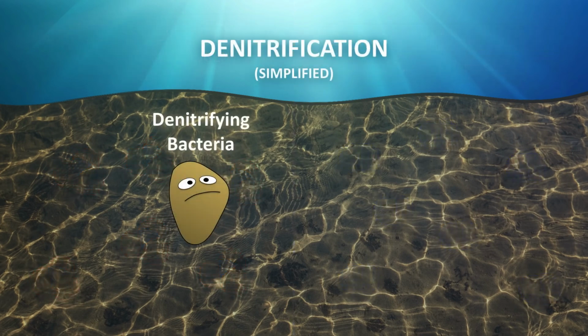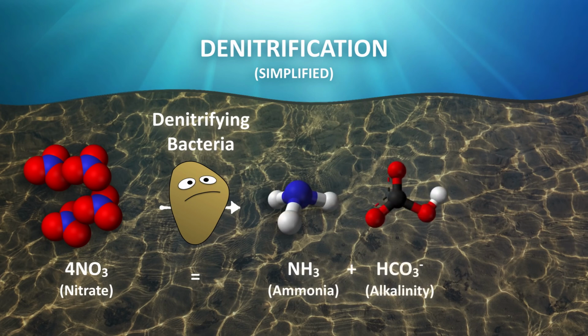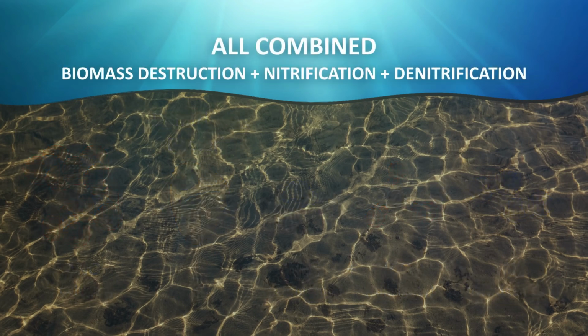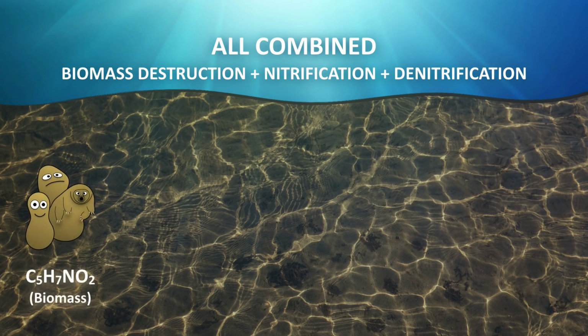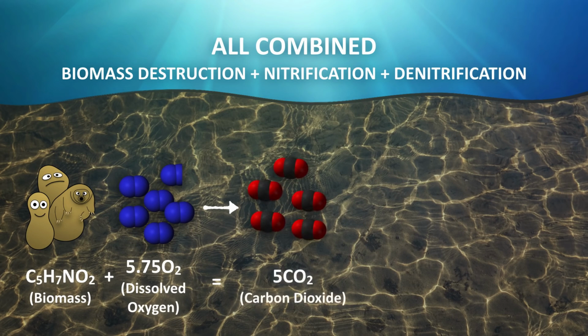This forces the biomass to oxidize 4 moles of nitrates, which is reduced to ammonia bicarbonate, which is a form of alkalinity, and 2 moles of nitrogen gas. Combining the biomass destruction and nitrification with the denitrification step results in the biomass oxidizing only 5.75 moles of oxygen and reducing it to 5 moles of carbon dioxide, 3 moles of water, and half a